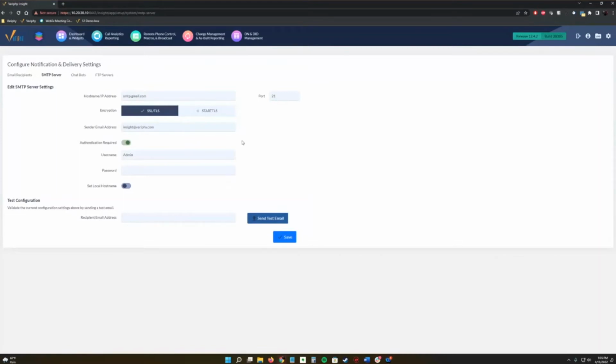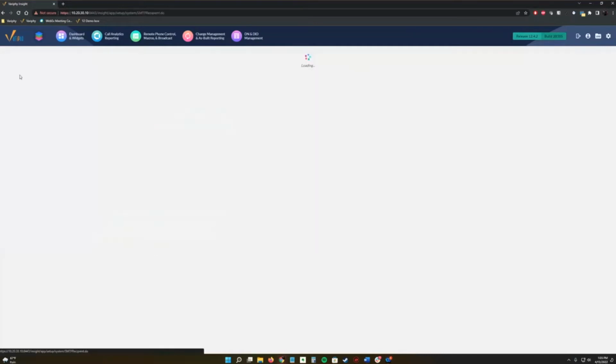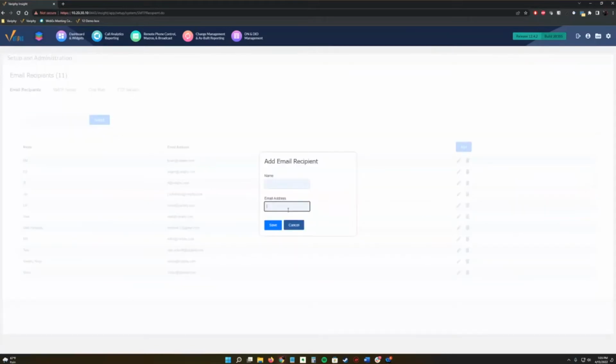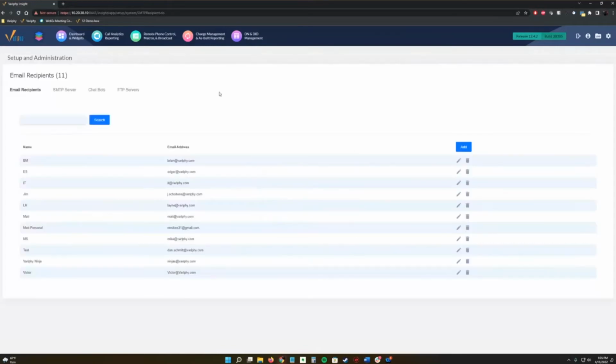So the next thing would be to go over here. There's another tab actually right top left, email recipients. Now this is where we would add email recipients, because you can't type in the emails when you're doing the alerting, you have to pick from a list. So here, this is where you would go in and create by hitting this add button, and you would just create the name and email address of some recipients that might need some of these alerts. Pretty straightforward. I know we do have a knowledge base article on setting up the email server as well, but it's pretty simple if you've ever set up a SMTP server before.